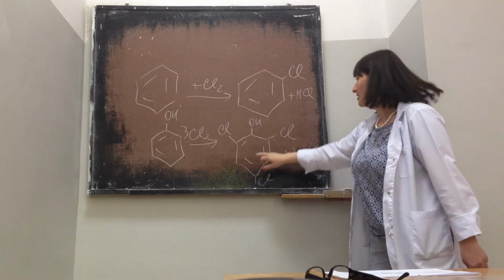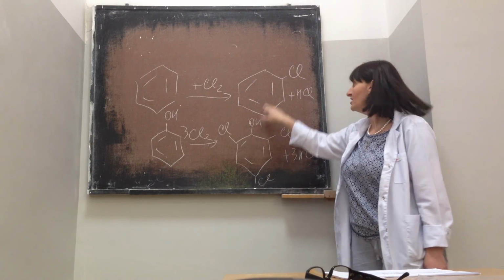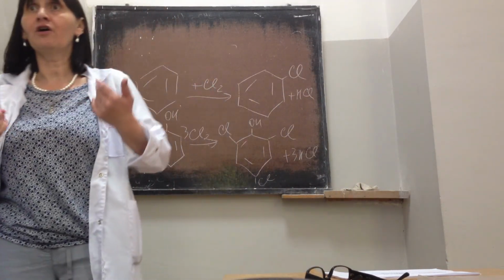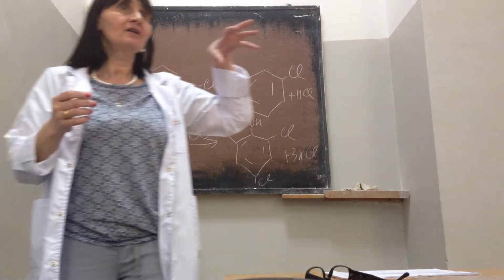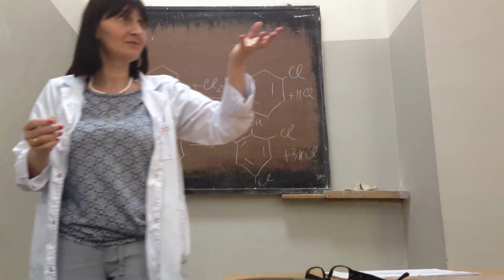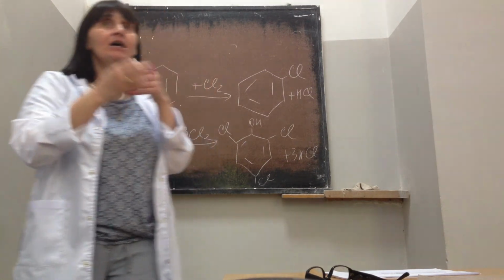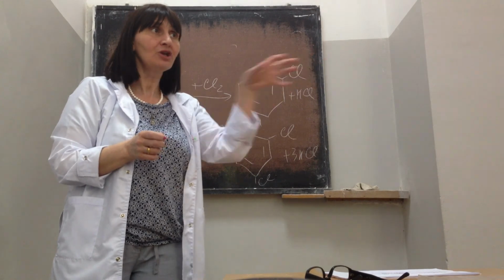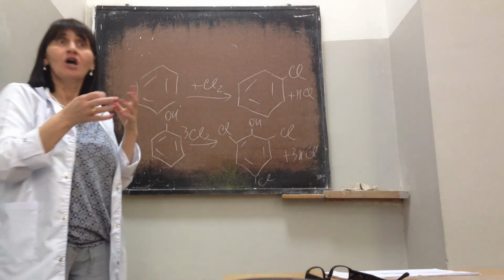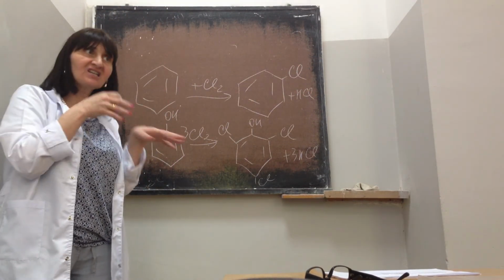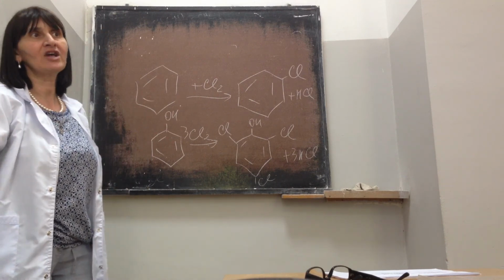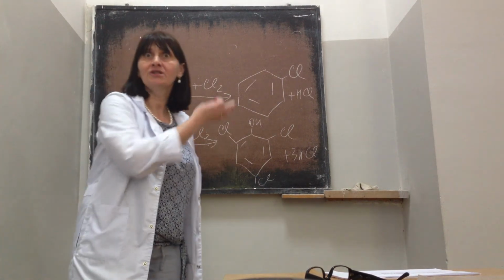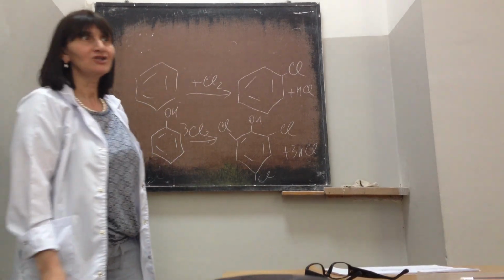As you see, here you get 3 substituted products, and here you get a monosubstituted product. So I can vary the product of my compound if I substitute correct groups. I can direct my chemical reaction to the position where I need some group. By this substituent and by mesomeric and inductive effect, I can change my reaction product structure. So this is an example. You don't need this reaction, I show you only